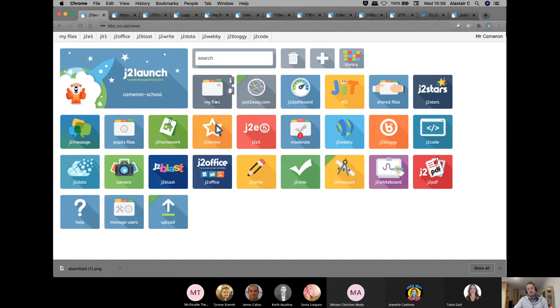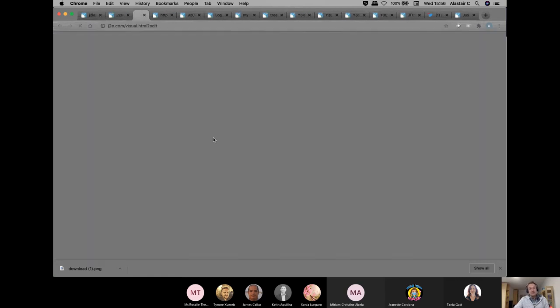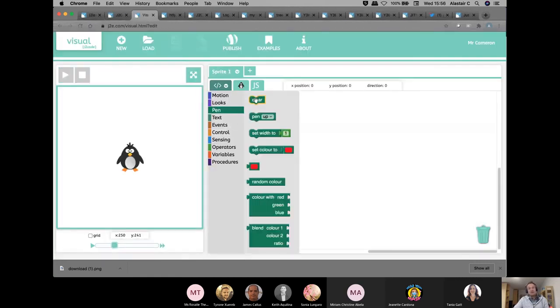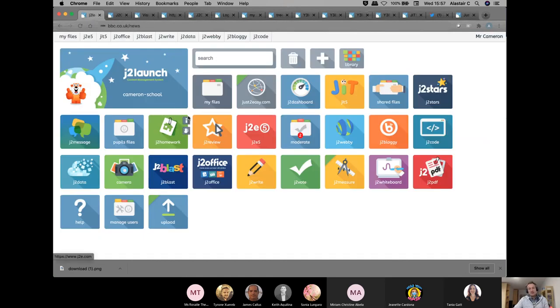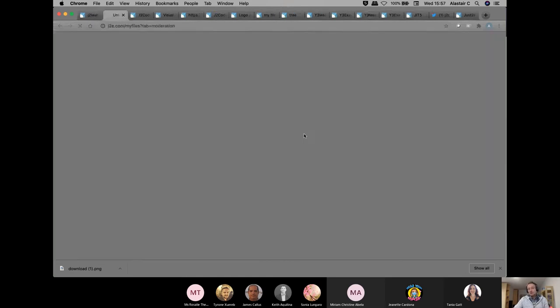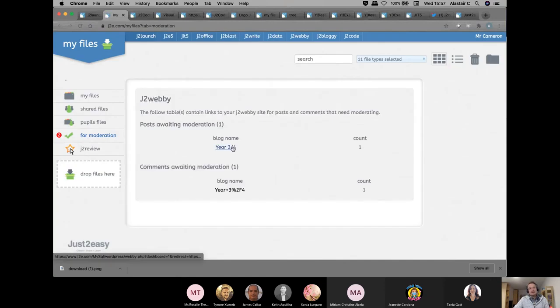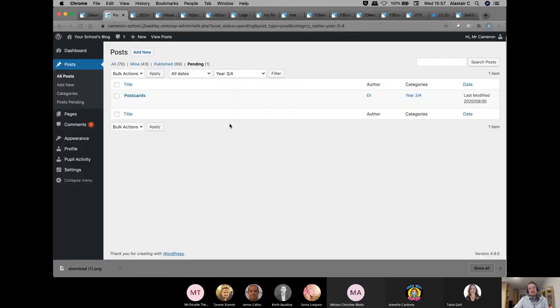Now, that's one of the fun things about doing it in J2E. When you're creating these pieces of code in J2Code as a student, one of the things that you may have noticed is that wherever you've gone and done something, you've still got the save and the publish button. That will enable children to press publish, and that means that you as their educator and class teacher have the moderate tool to choose your classes, have a look at your students in your class, review their work and then press publish on it so it appears on the class blog.